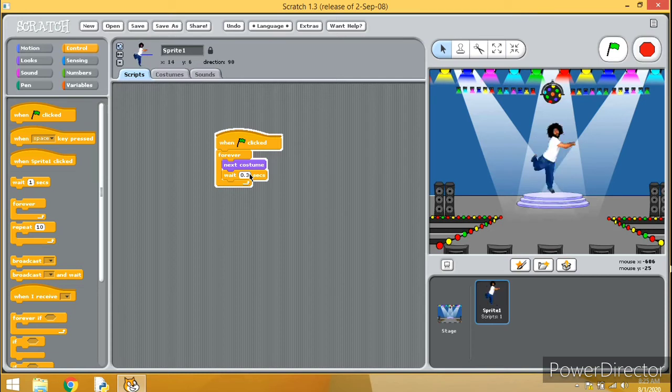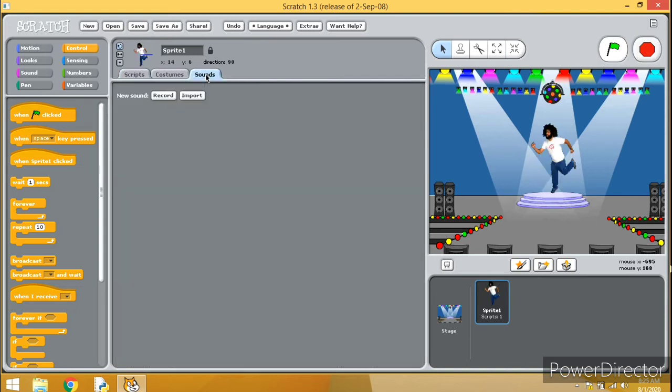Oh, a dance stage without music doesn't look good. So what we have to do is insert music over here, then only it will look much better. Let us get the sound over here. We have the sound option.